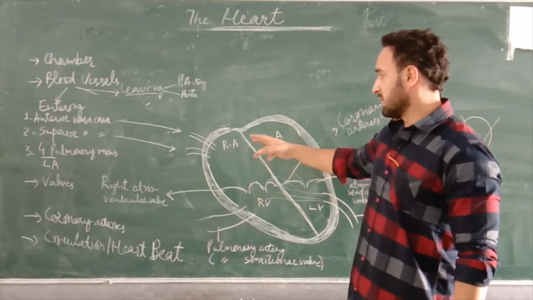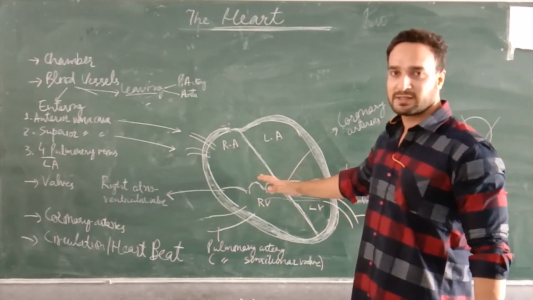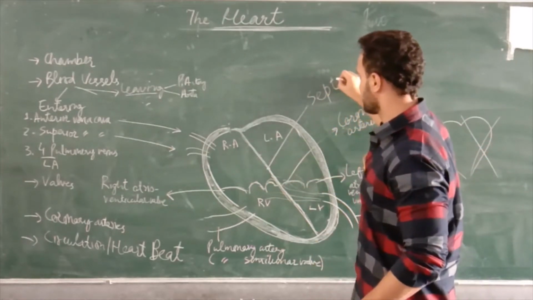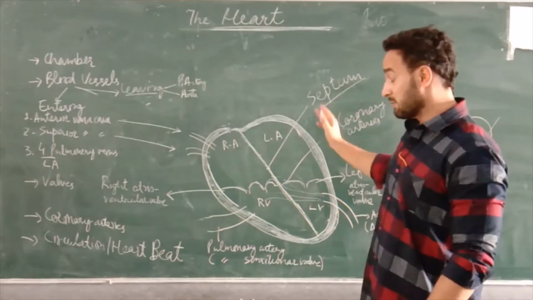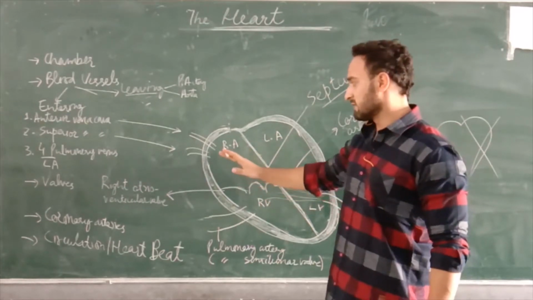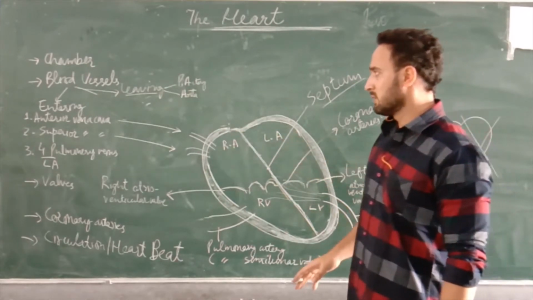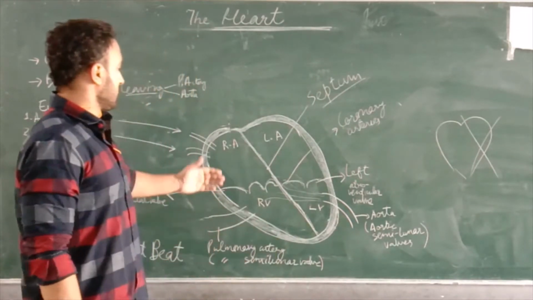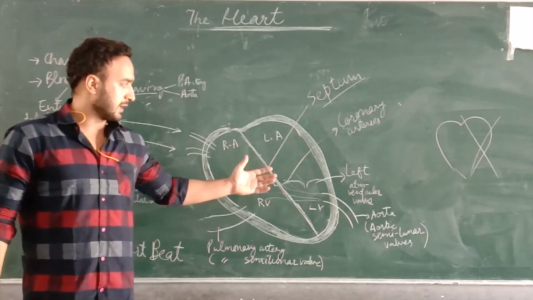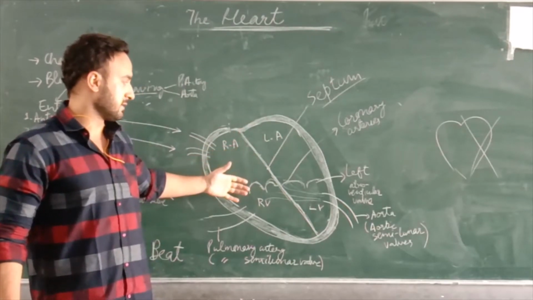And so there is a central wall that is separating the two sides of the heart, and the central wall is called the muscular septum, right? So the septum is separating the left side of the heart from the right side. So consider this side as the right side, and this side as the left side, right? The human heart is a four-chambered heart, as I told you earlier, and there is a septum dividing the two sides of the heart into the left and the right side.